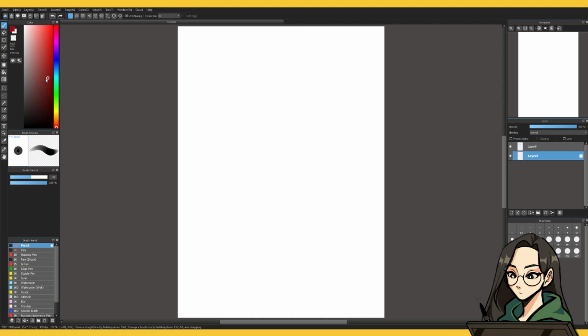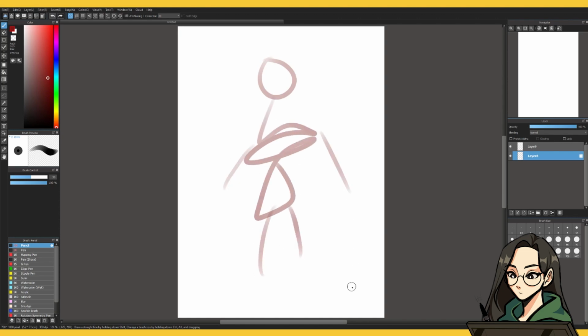Now, I like to merge a lot, especially because let's say I'm drawing a body, right? I drew a body, and then on a separate layer I draw the face because